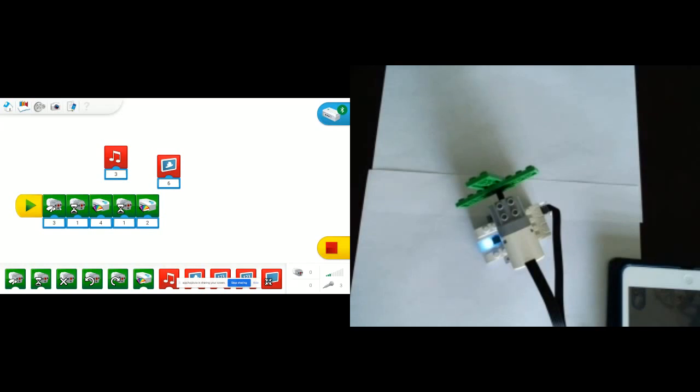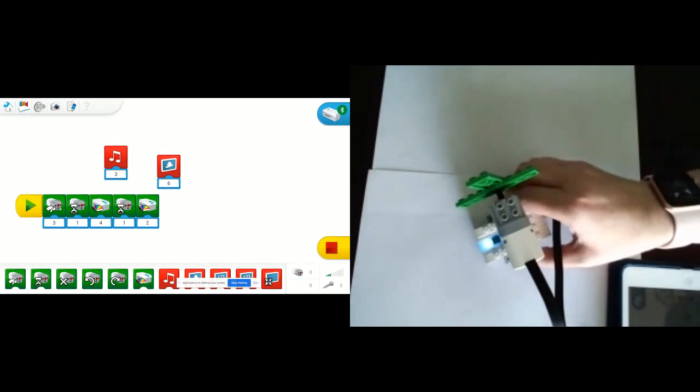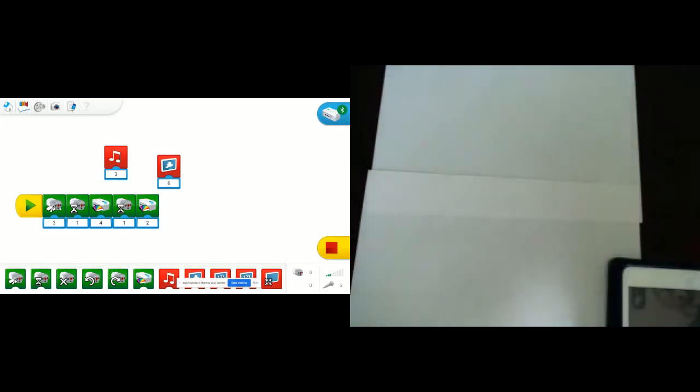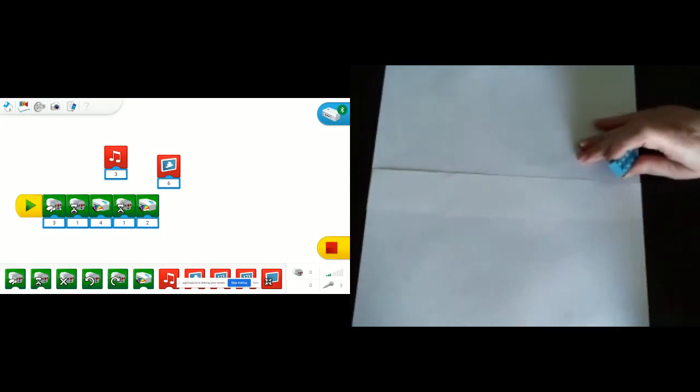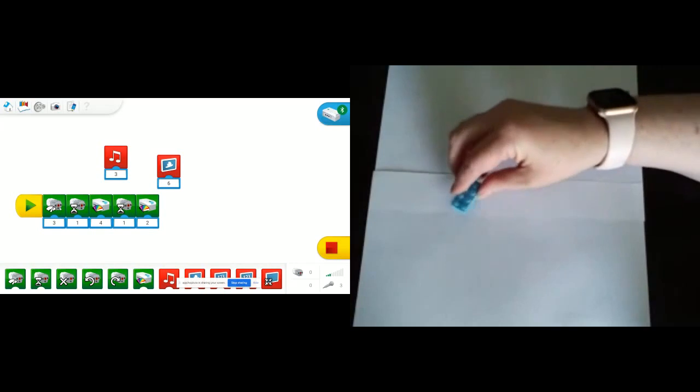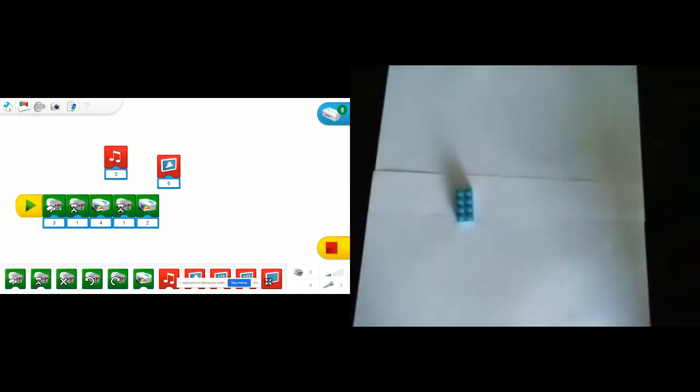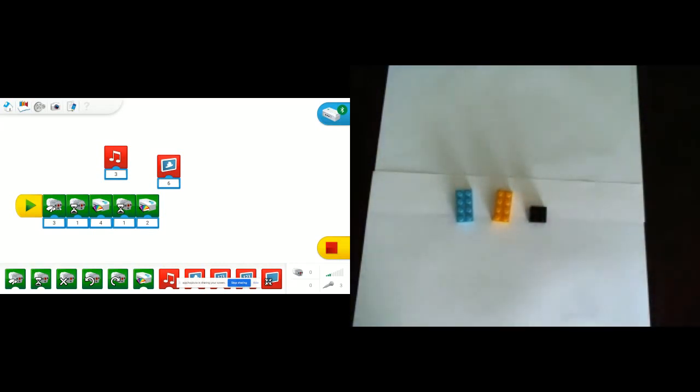So we're going to move on and think about another unplugged activity. This is one that you've probably seen before. I'm going to move my fan for a minute. But it's this idea of assigning an action to a brick. So here's something I could do really easy. So I have, I'll put them this way, blue, yellow, and a black one here. And maybe my actions are going to be